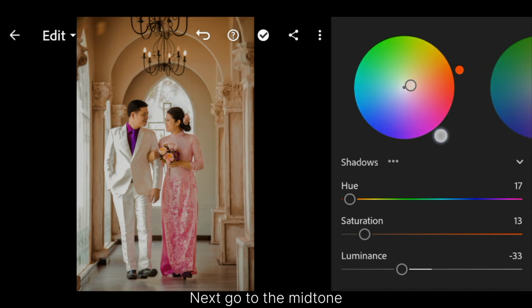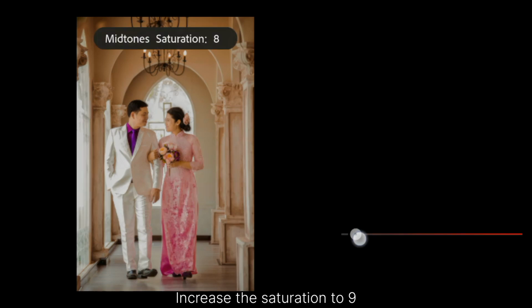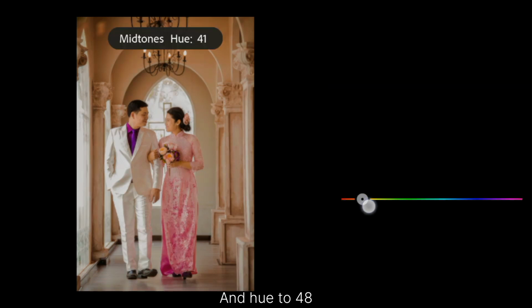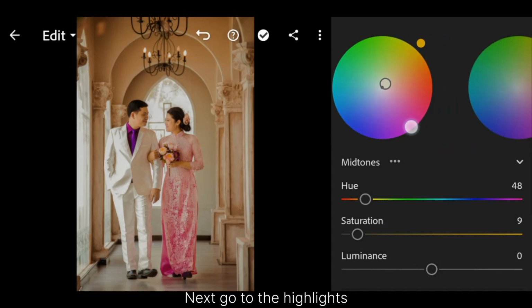Next, go to the midtone. In midtone, increase the saturation to 9 and hue to 48. Next, go to the highlights.